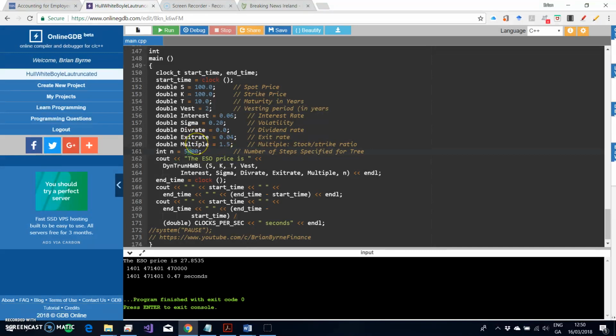In other words, the option will be exercised in the post-vesting period when the stock price reaches 1.5 times the original exercise. Okay, so we get a figure here,